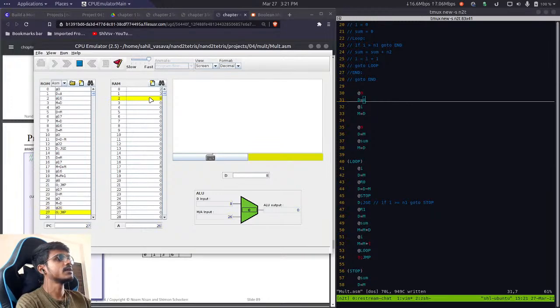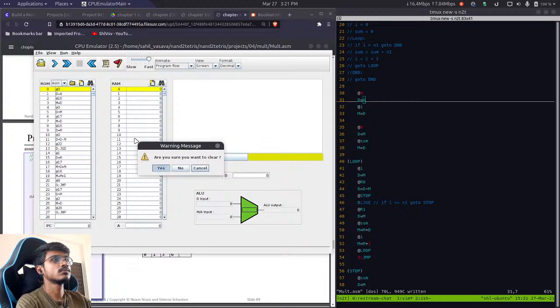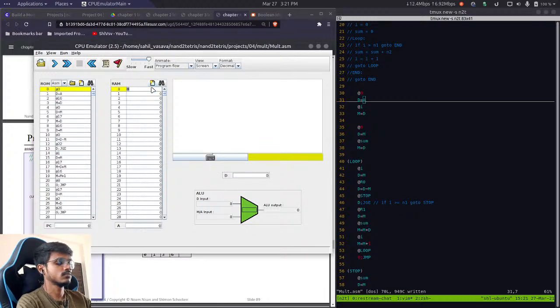Now we should be getting 2 times 3 is 6, but we are getting 8. So where's the bug? So this time we are going to step through it